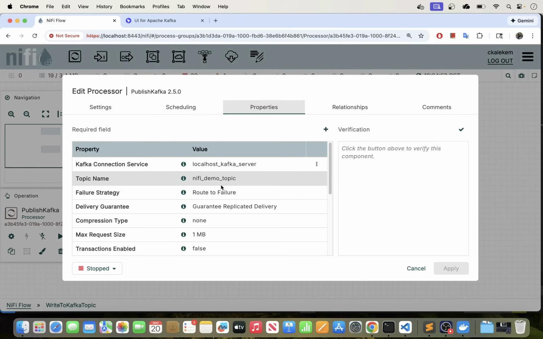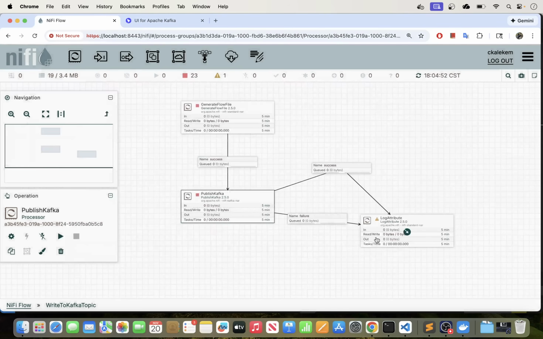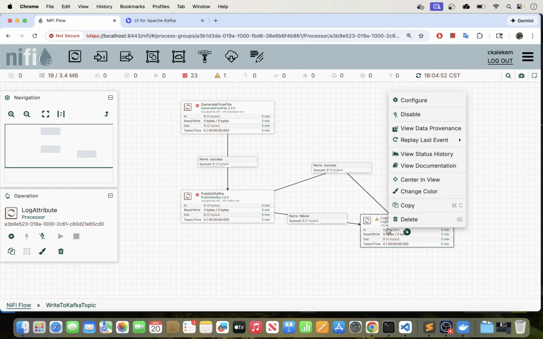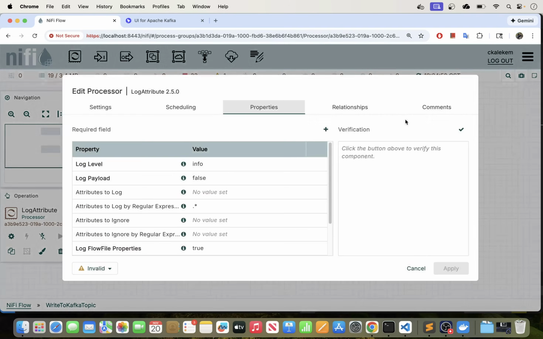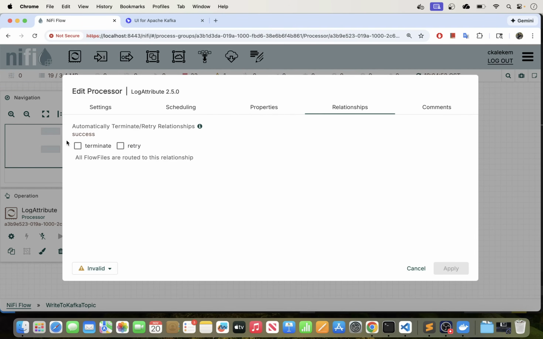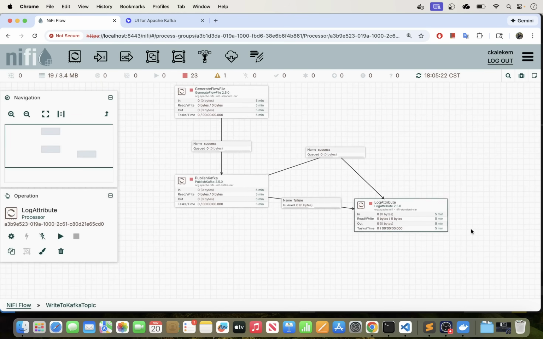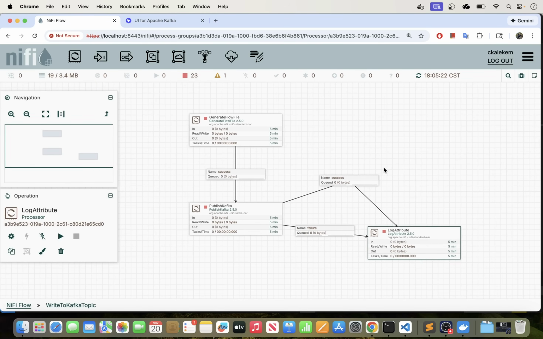And then our Kafka we have set up. We have our topic. This is where we want the messages to be written to. And then this is just our LogAttribute. We're just logging things here in case there are failures. So here, I think this one is complaining about the relationship. Let's terminate that. So on success, let's just terminate it, right? So this is a very basic flow